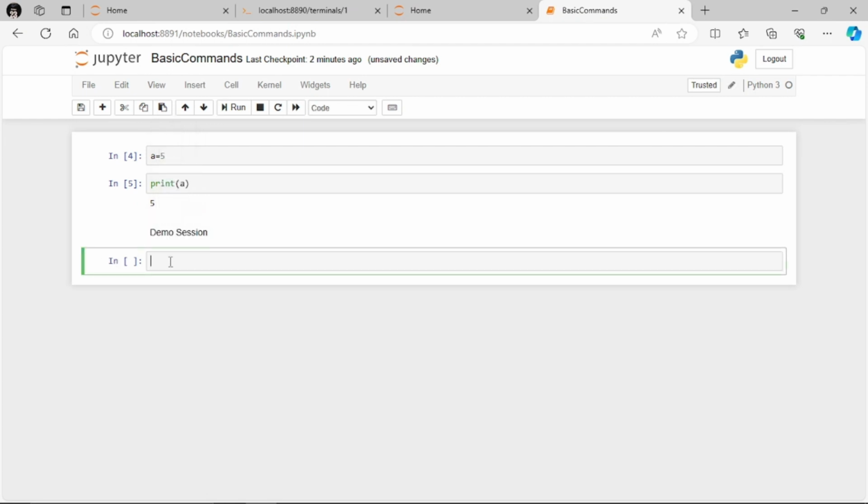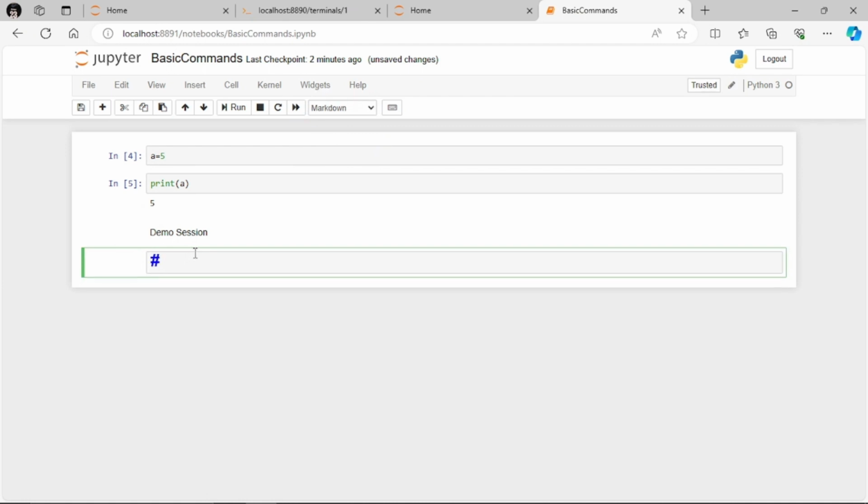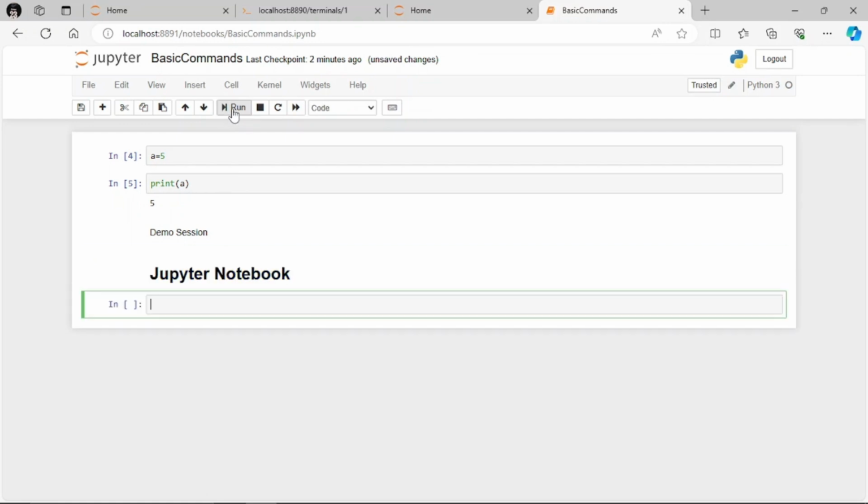Then the other option is that you go to the markdown option again, click and type hash. Now you type Jupyter Notebook and click on run. Now you will get another heading, a highlighted one. If you need some other font, that can also be done, but you need to click on